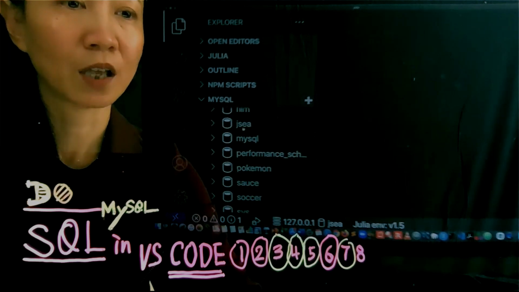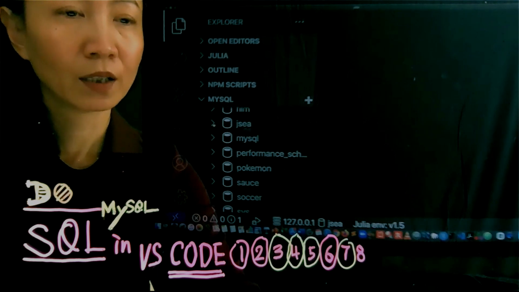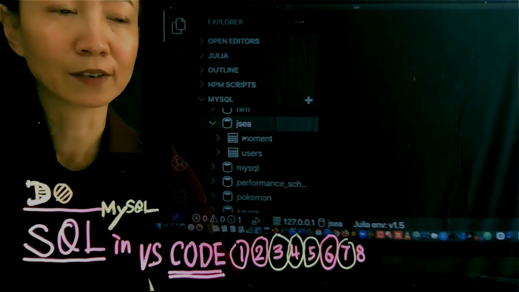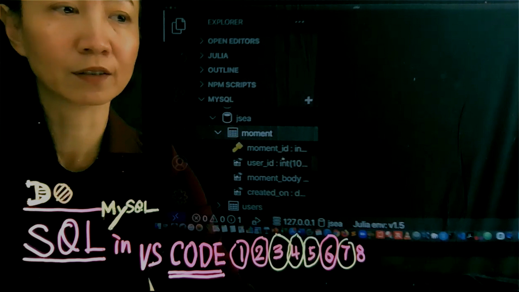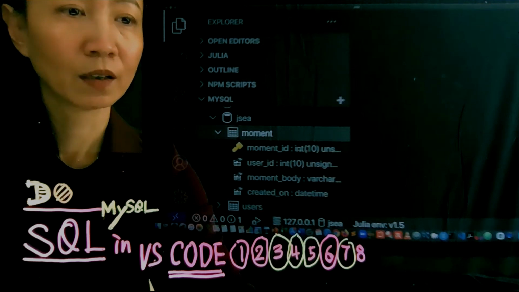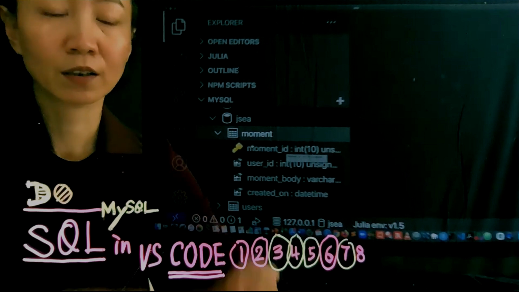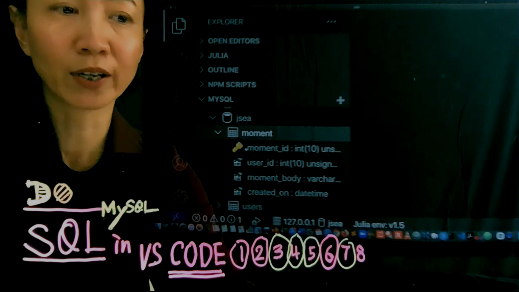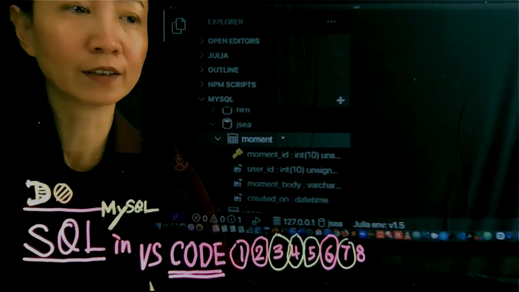From the list, I will pick JC, this one. In each database, we can open the database to see the tables as well as their fields. Each field has its data type specified, as well as whether that field is a primary key or not. So we have two tables in JC.